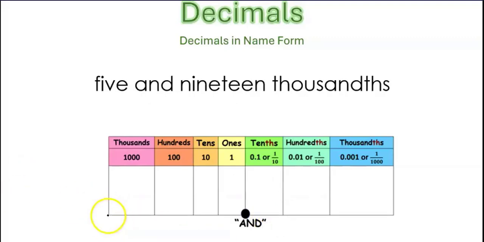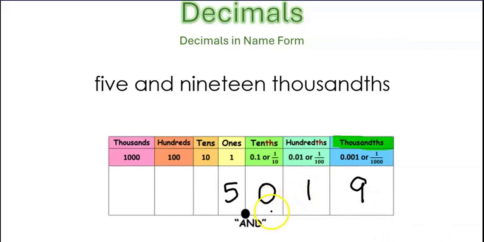Let's look at another one. 5 and 19 thousandths. Okay, so I know that the 5 is going to go here. Then I have 19 thousandths. Well, here's the thousandths place value. So we got to come over here to the thousandth. That means the 9 has to go here and the 1 here. So it's 19 thousandths. That means I have to put a 0 to fill that place because I cannot have